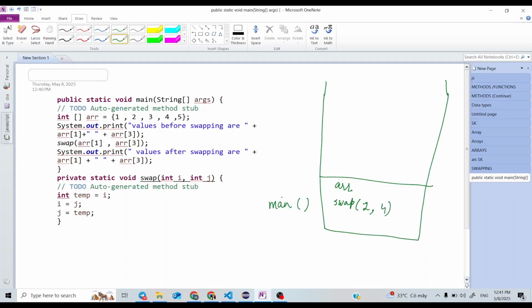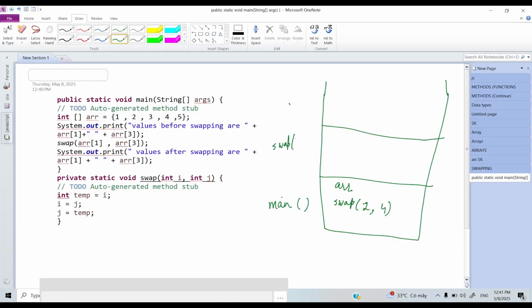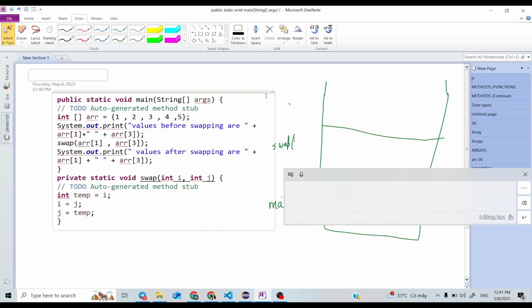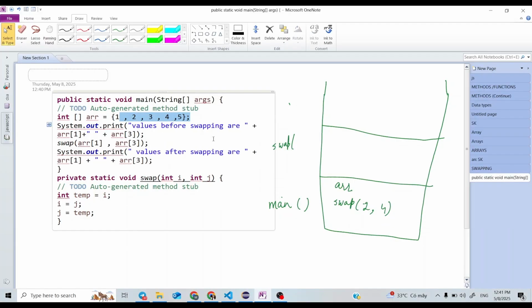Okay, and now when this swap function will be called, immediately another function frame will be made at the top of the stack. So the swap function will come here, and here is our temporary variable in which I will be getting stored.